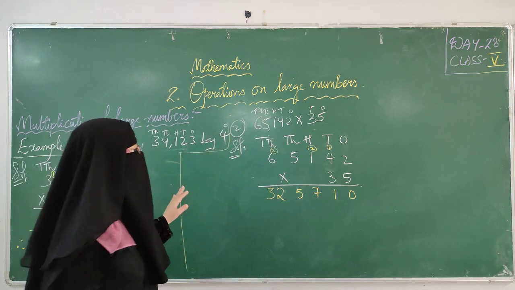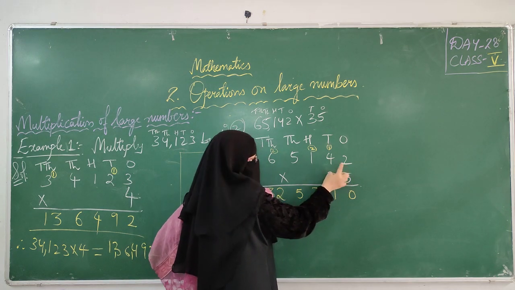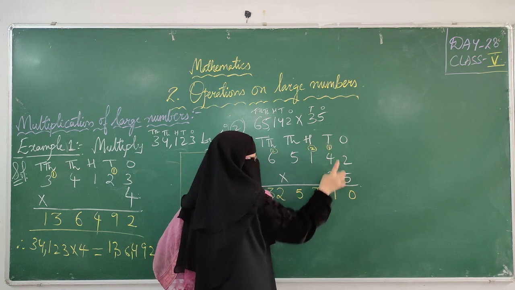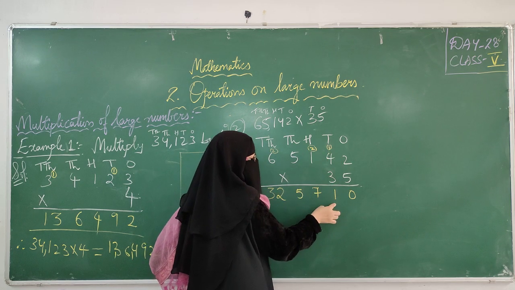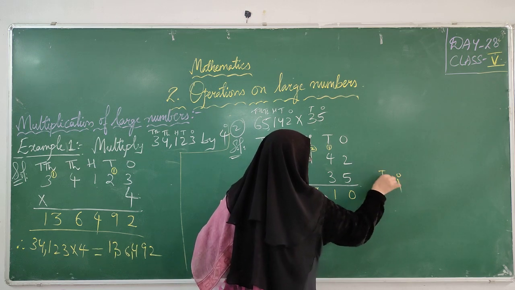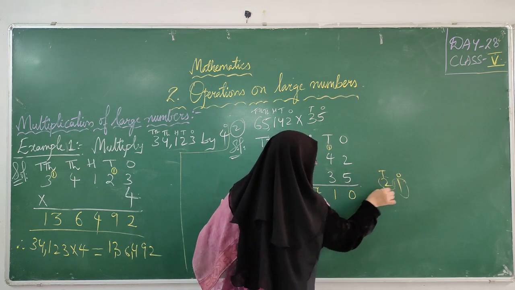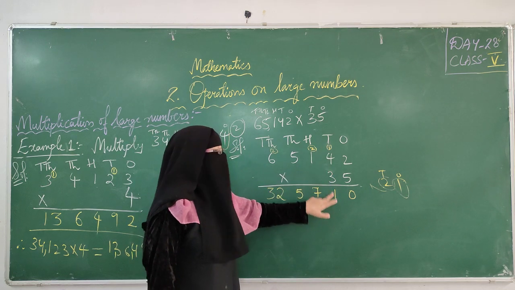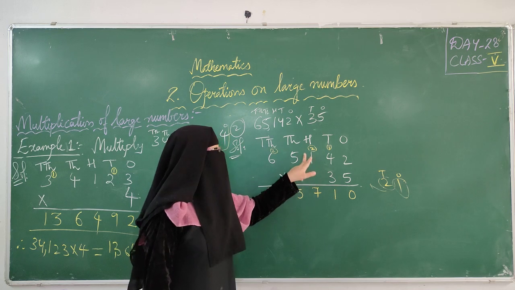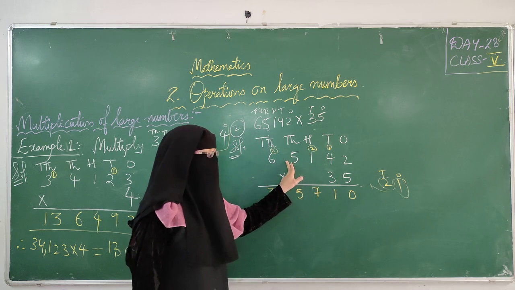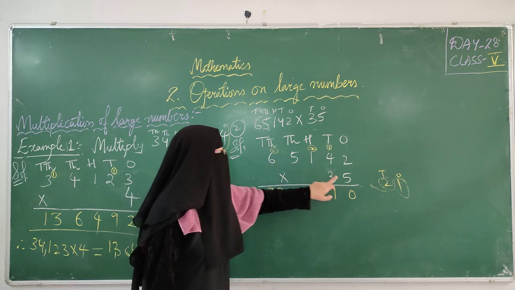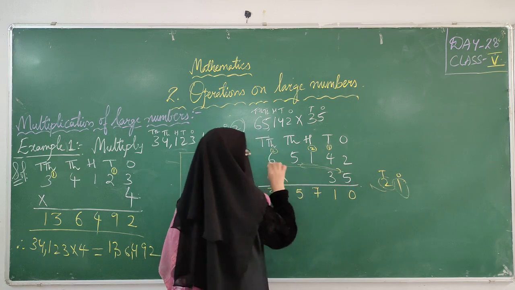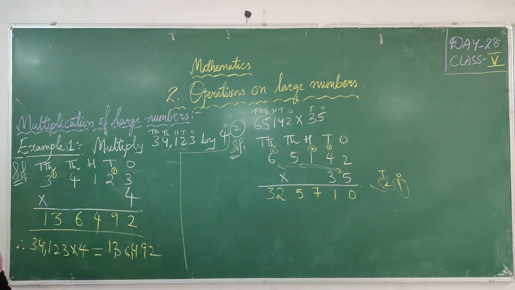Okay, see here, once again I'll show you. 5 2s are 10, 0, I'm sending 1 carry. 5 4s are 20, 20 plus 1, 21, 1 I'm keeping here. See, 21 we'll get, right? So the ones value we are keeping down, and the tens we are sending as carry. 5 1s are 5, 5 plus 2, 7. 5 5s are 25, 5 I'm writing here, I'm sending 2 carry. 5 6s are 30, 30 plus 2, 32. Like this you have to multiply.